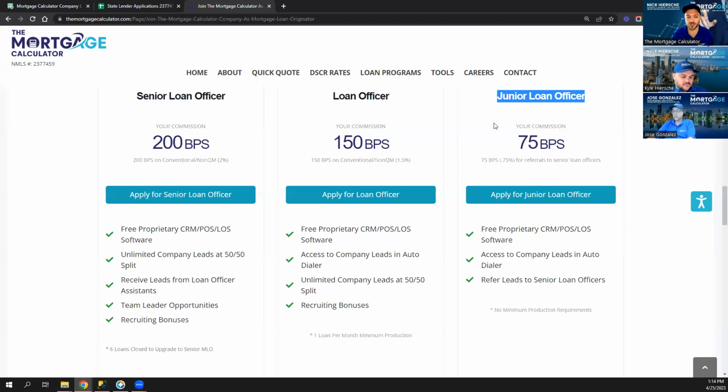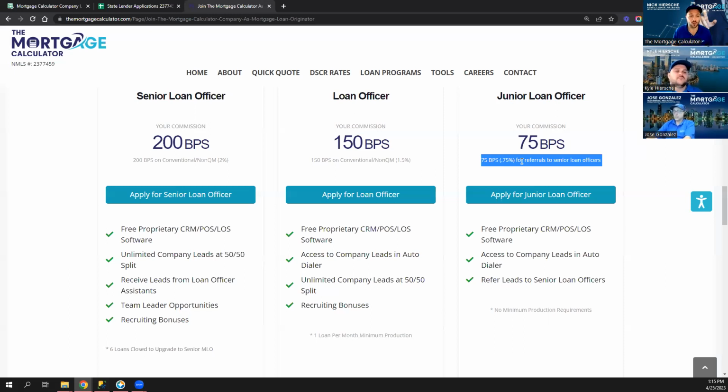You must have your license, obviously, to make basis points. You're going to make 75 basis points, and that's going to be for referring the deal to a senior loan officer that knows exactly what to do, exactly what button to press when, exactly what to order when, and all that great stuff to close a loan. You make great commission, 0.75%, 75 basis points. Sometimes that's even more than some of the call centers pay for some of these other companies. So great compensation, and you're going to refer that to someone that knows exactly what they're doing.